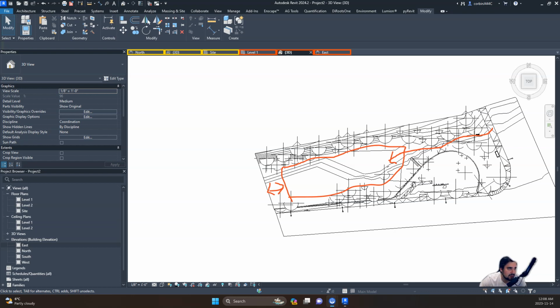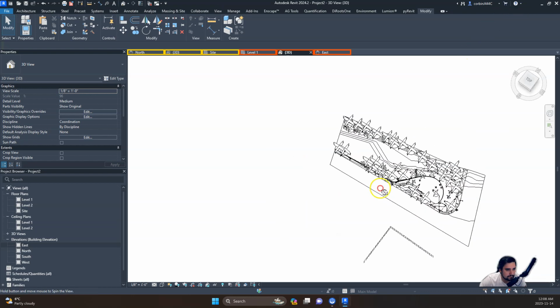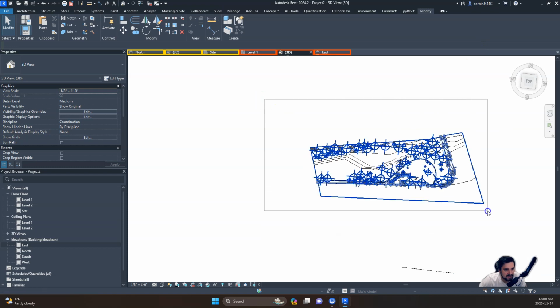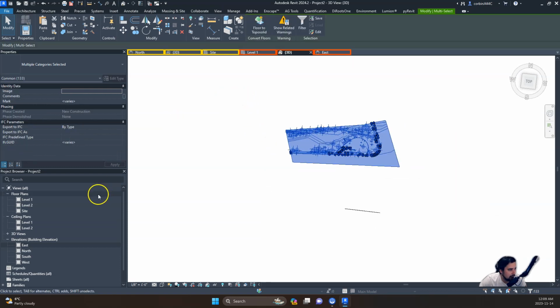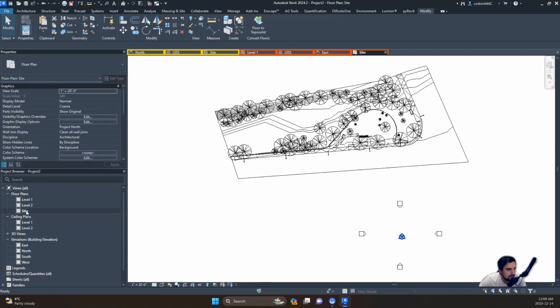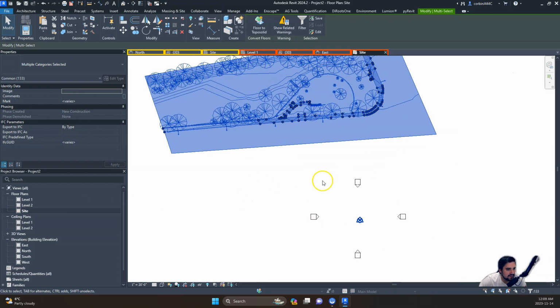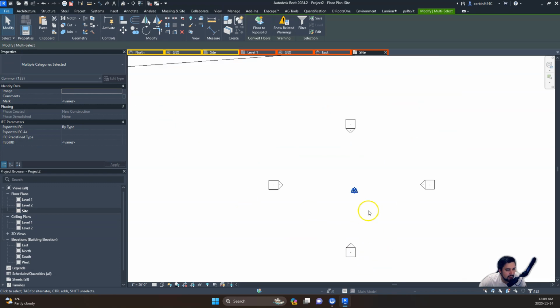So let's erase these lines here. How do I reset? Let's just exit drawing. There we go. So the reason why I brought that up is we want to understand what we're trying to do here. So I'm going to go to our site file, or our site view, and this area in here is our